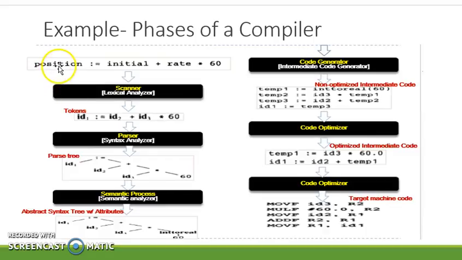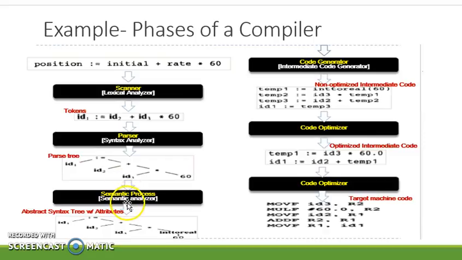The tokens are position, initial, rate, and 60, taken as different identifiers. Next, the parser, that is the syntax analyzer, constructs a syntax tree based on these identifiers.